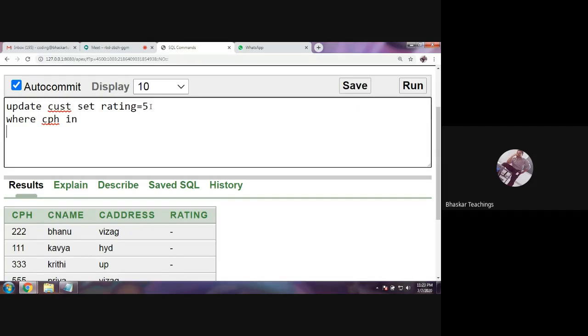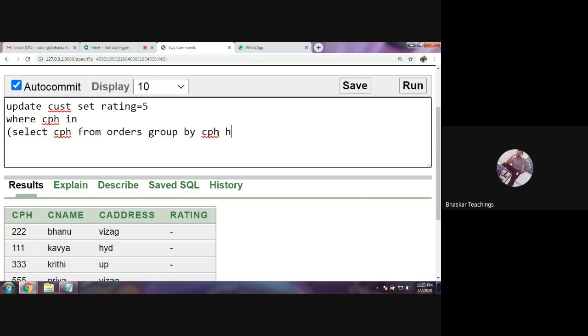So now let's write the inner query. Select the CPH from orders group by CPH, because we need to get the total amount for each customer. Group by the ID of the customer, that is the customer phone number.